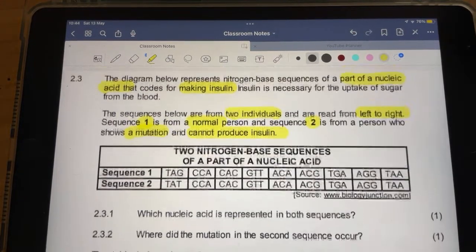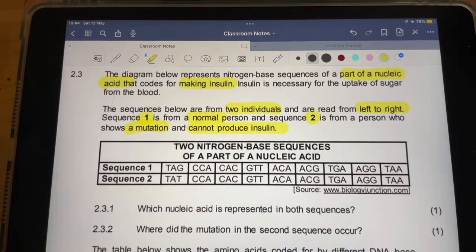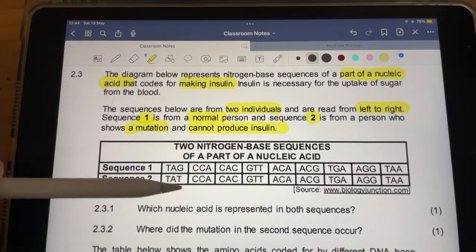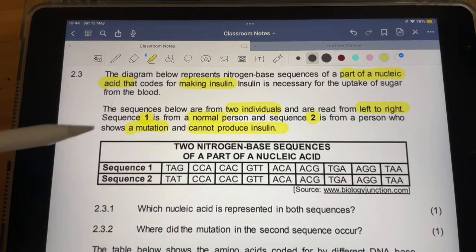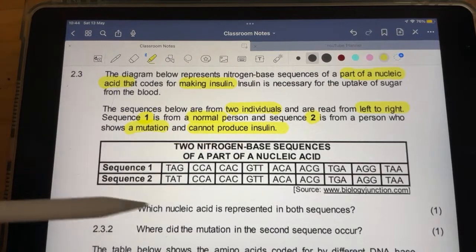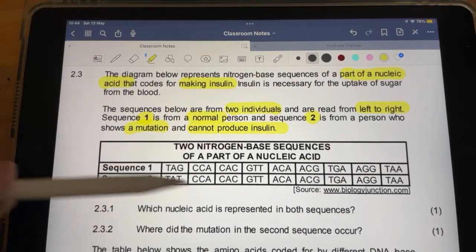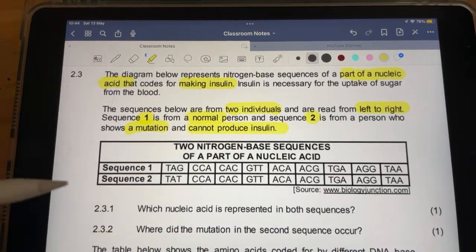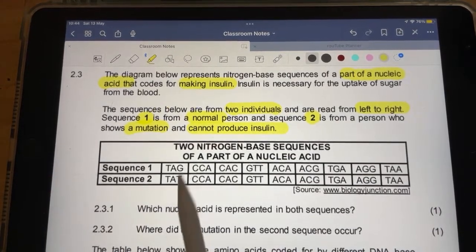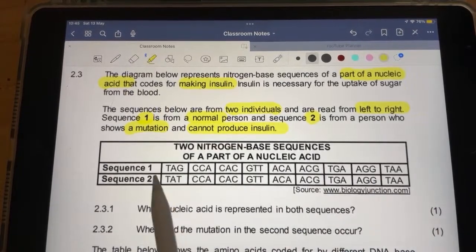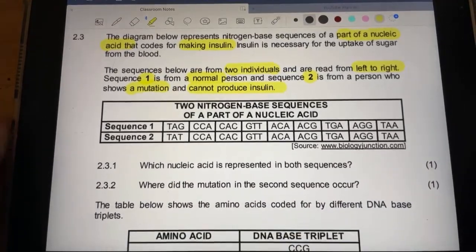There we go. Okay, so now we've got our sequence of DNA, and we now need to see where the mutation is. Now, I don't read the questions yet, and I tell my matrics not to do the questions first. In other words, just really digest what's happening here and find where the code has changed. So I'm going to compare the codes, reading left to right, and already the first sequence is problematic, okay?